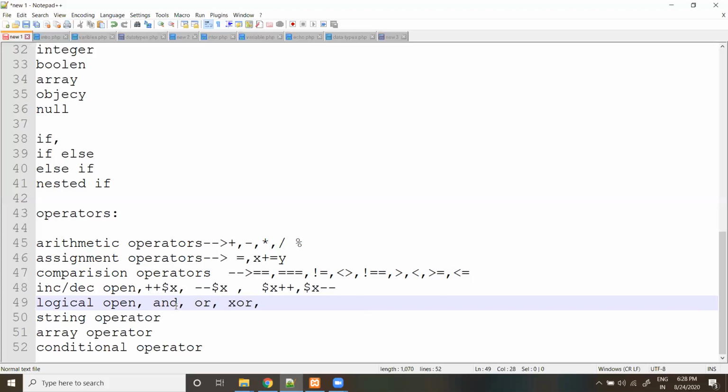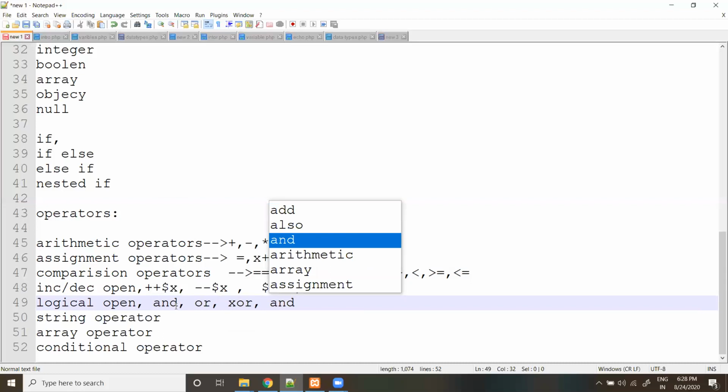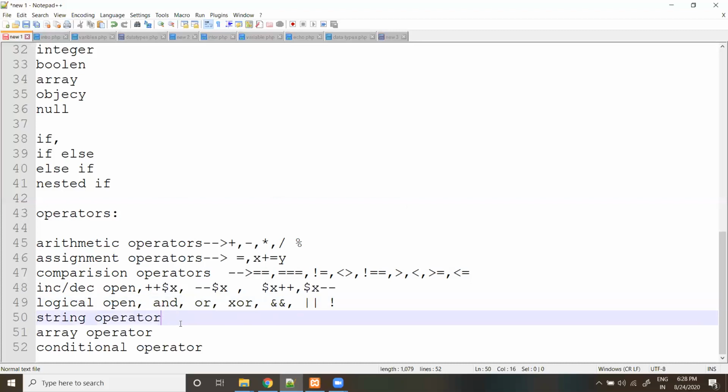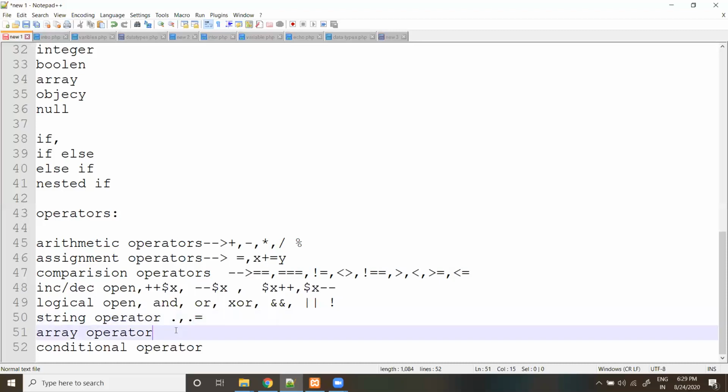The double and symbol is nothing but and, or, not. String with dot means concatenation, right? So this is a concatenation.